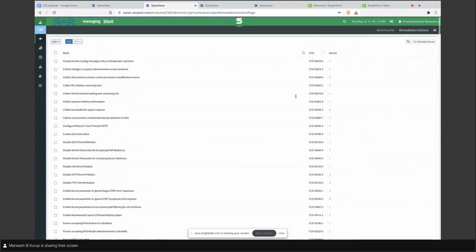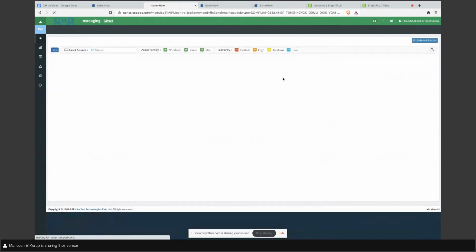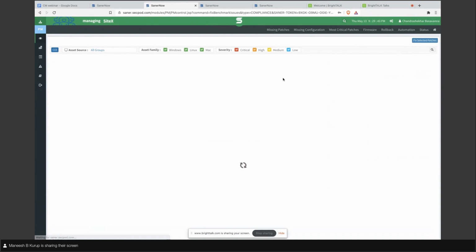Some of the rules are deviated by only one host. This is the place where you can choose the rules you want to change. For example, this rule is violated by these two hosts. If you want to fix this problem, you just select this, and then click on fix selected issues, which takes you to a place where you can schedule this particular task.